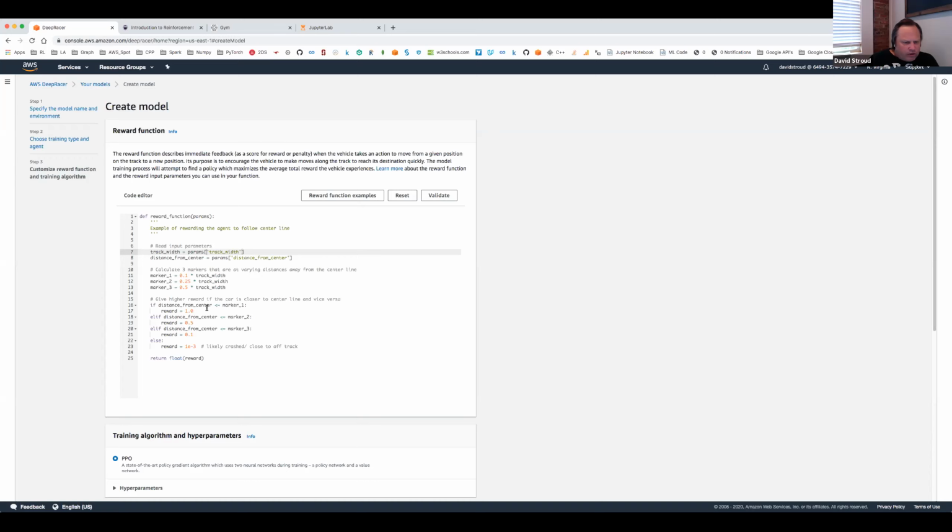So if your distance to the center is close, you get the highest reward, which is 1. If it's a little further away, you get half a point. Further than that, you get 0.1. And then if you crash, you basically get 0. Make sense? That's a very simple algorithm,